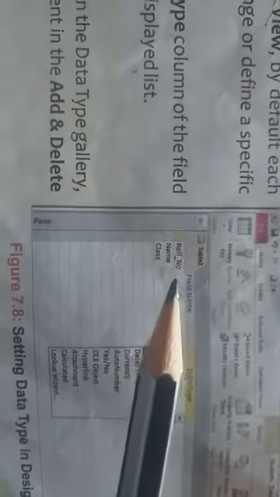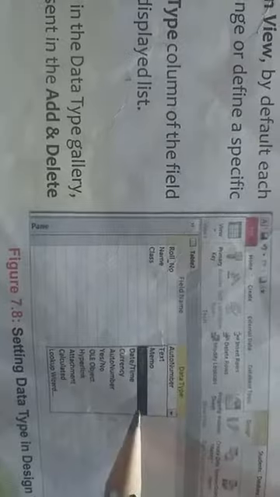So I am showing you with the help of this picture how you can set it. Yes, for example, you have defined a roll number field. So which type of values can you enter in the roll number? You can enter only number values. Yes, so you have to click on this arrow, and whenever you click on this drop down arrow, from here you can choose any one of the data types.